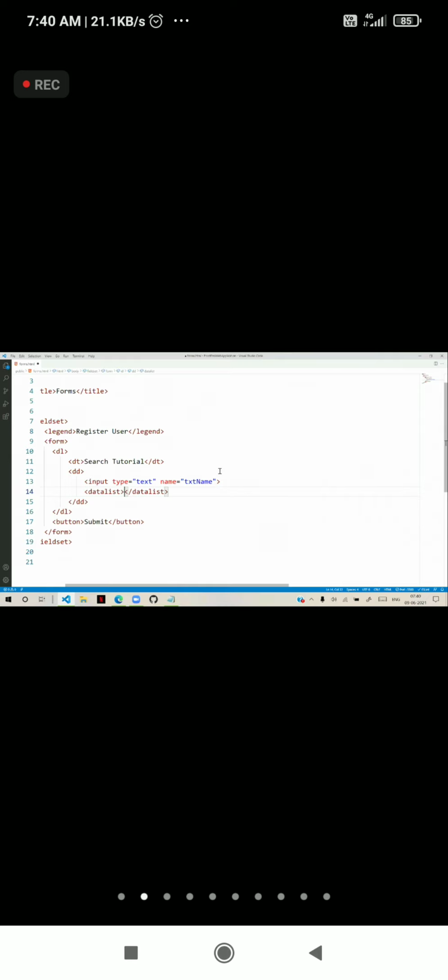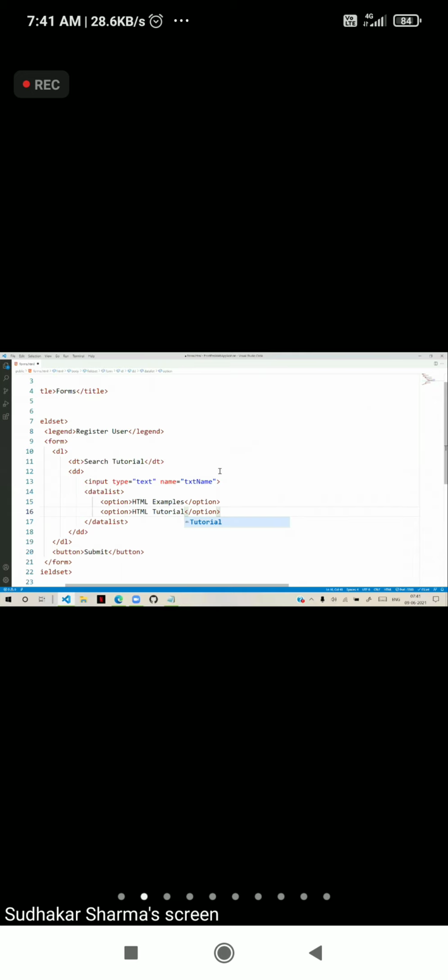Data list contains options that you want to show. So you have to write options like HTML examples. Okay. Another option like HTML tutorial. And another option like JavaScript basics.